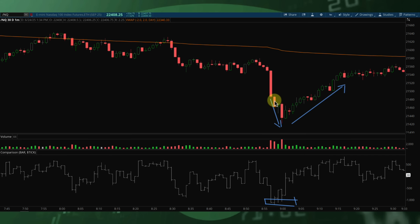For me specifically, I probably played this right at around here, layered in a little bit more, and then maybe sold off right at around these areas when we started to bounce back, right? That's all I do. And if you're thinking, well, what's your risk to reward? I'm going to leave that open for you, but for these type of fade trades, because they're higher win rates,